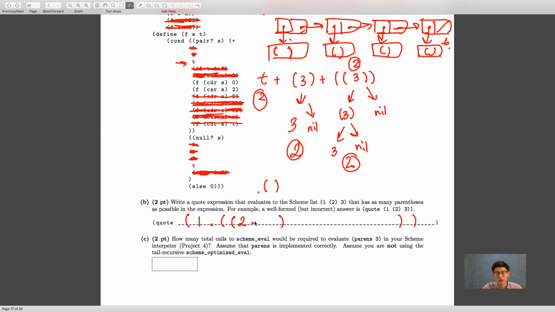We're going to do another dot notation. And because it's a well-formed list, it has to be nil. And so we'll add a nil here. And so we have our 2 list here, and now we want to add our 3 at the end. So we're going to take another dot, add a 3 here, and finish it off with the dot